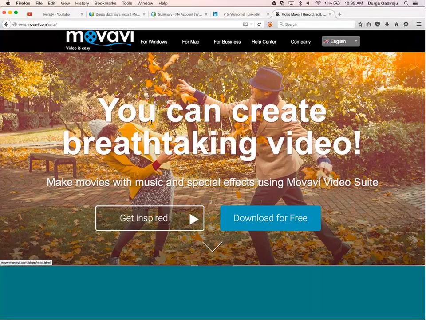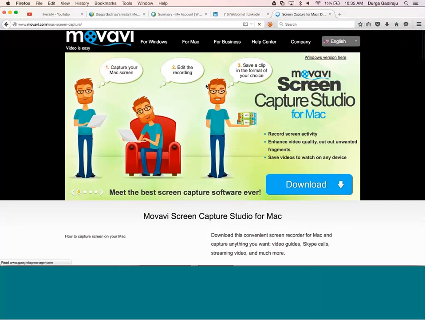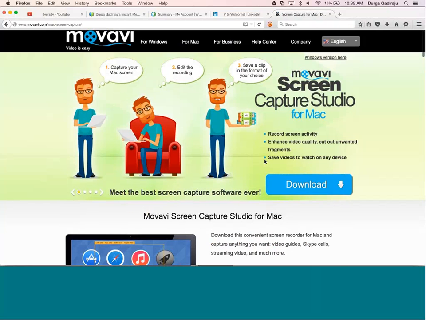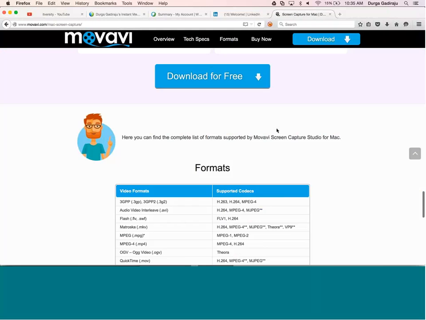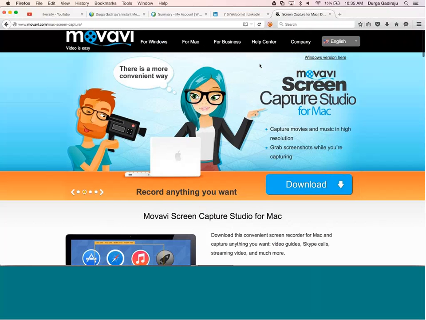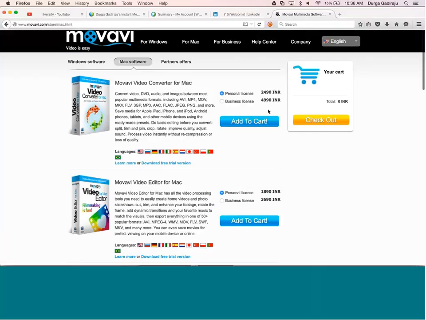For example, if you are using Mac, you can download it by clicking on Screen Capture Studio, and you can look at the pricing. Let me show you the pricing. It says download for free, but it is not free. Okay, let's choose all Mac products here. So this is actually showing up in Indian